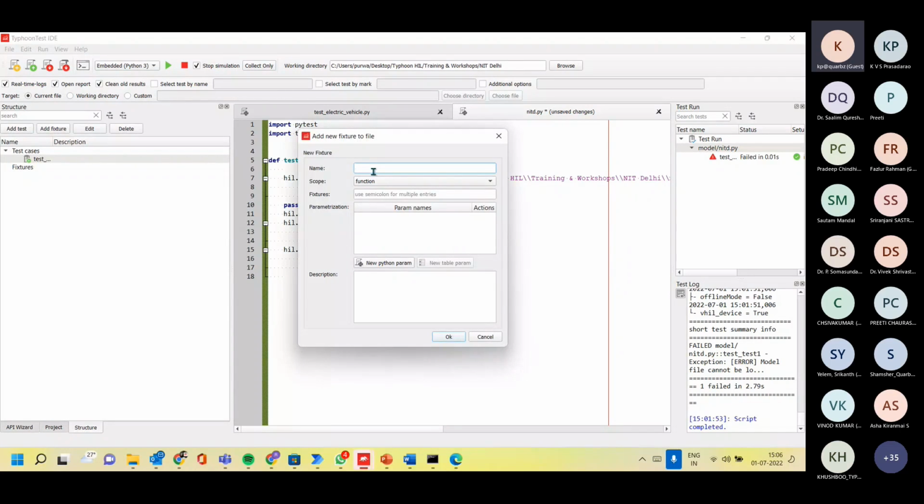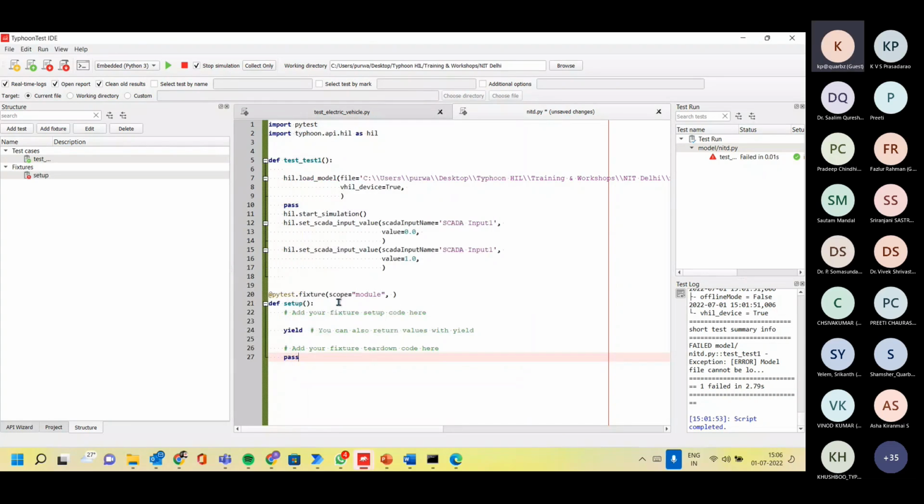Adding a fixture. So inside this fixture, I'm adding setup. The fixture setup and function, I'm taking it as module. So here I have taken the module and my function is setup. So here I can load this particular value, my setup point, or I can here give some value like assert